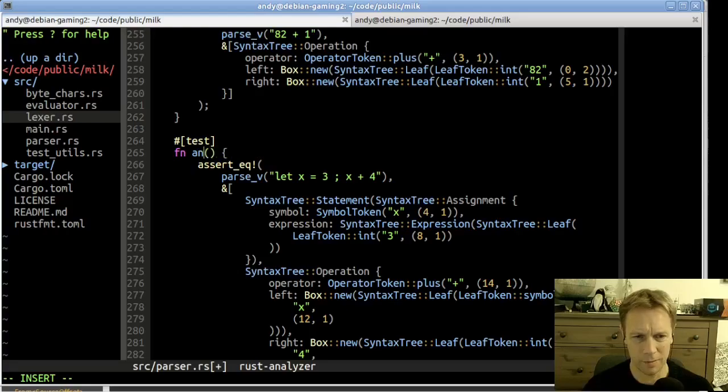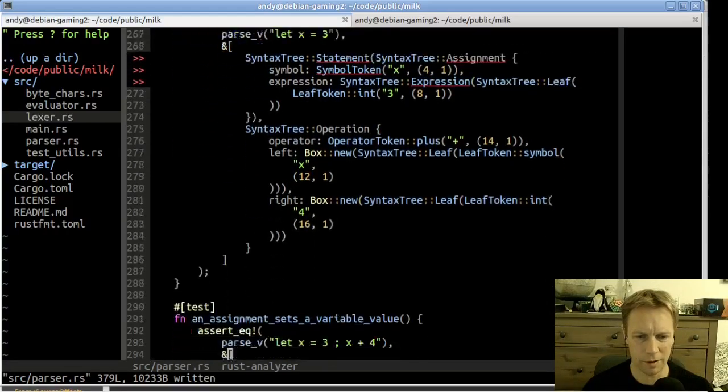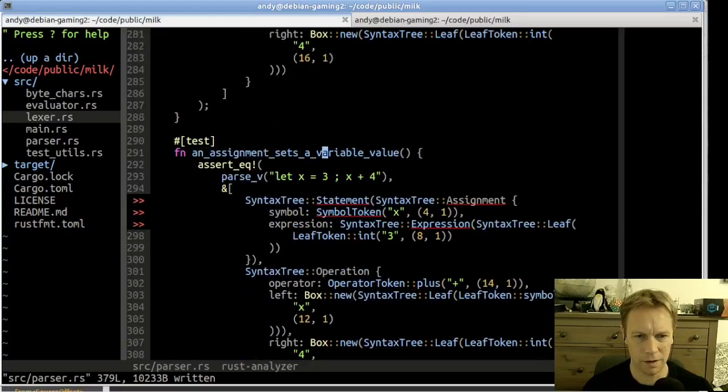But I guess it's just parse assignment. We'll lose the semicolon for now, and that's going to make our lives easier. We'll sort out the rest of this test in a minute. And then this is